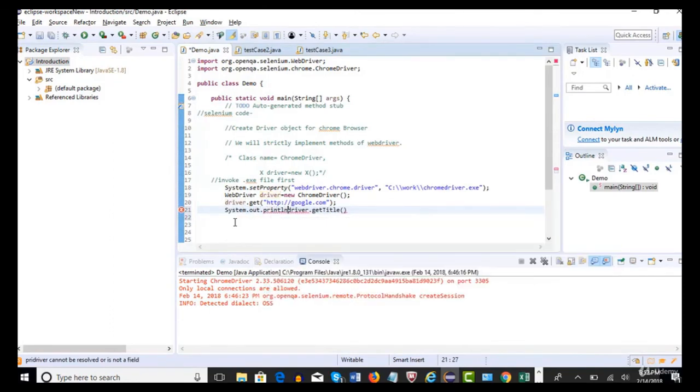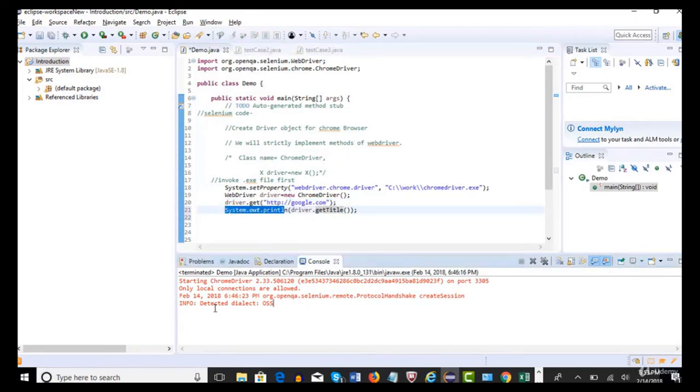System.out.println. In Java, if you want to print anything in the console, so this is the console. If you want to see the title displaying in the console, you can simply pass system.out.println and pass the argument which you want to execute. Do not worry about that. In our next lecture, maybe within 1 or 2 lectures, I'm going to talk about some Java basics. There I have clearly explained the importance of using system.out.println. Alright, so if you pass that argument, it fetches the title which is Google, and as we are using system.out.println, it prints in the console window, and you can see if it fetches the right title.